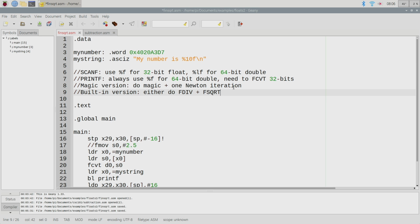For the built-in version, you can either do fdiv plus fsqrt, right? fsqrt would get you the square root, and then fdiv would do 1 over it, right? Or, well, if you put 1 in the right register. That was my intent here. But you can also, if you want,